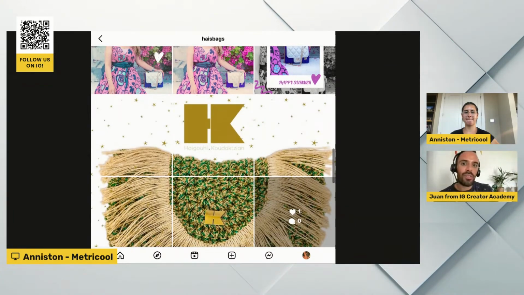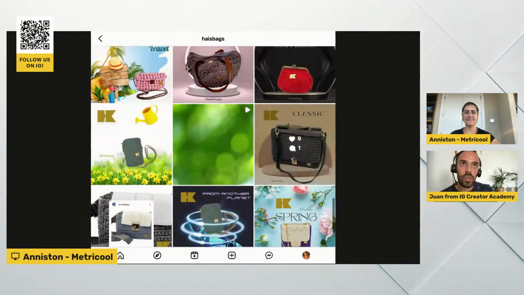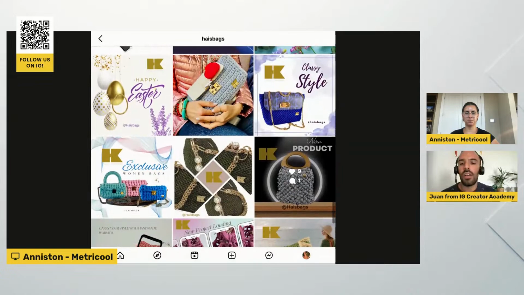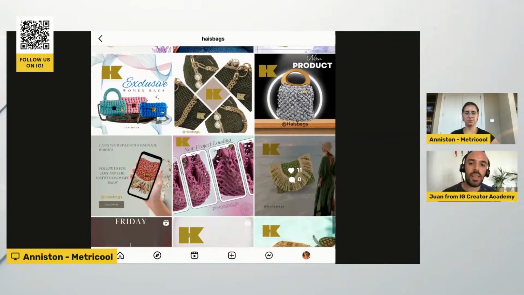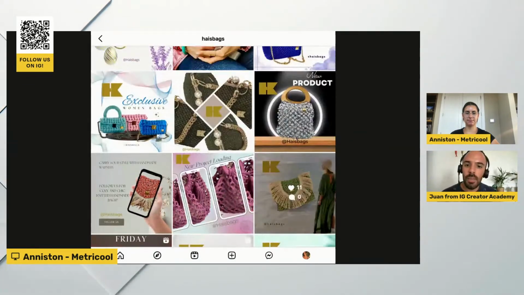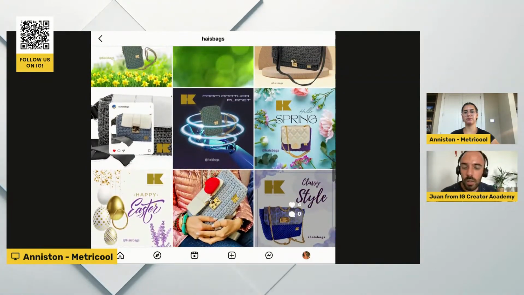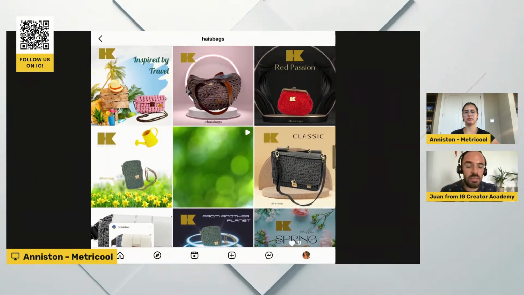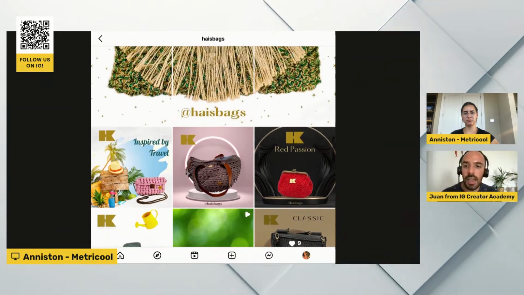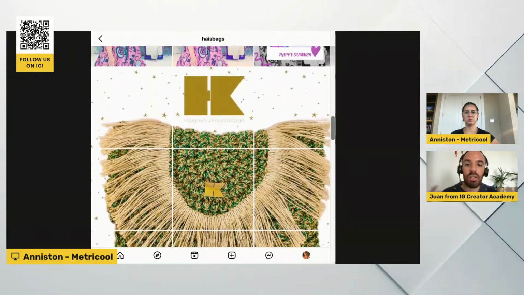And Instagram is a great place to find inspiration for that. There are so many bloggers that promote products like this all the time. So find inspiration like that, because right now, this looks, first of all, messy. It doesn't motivate me to buy anything. And it's just a lot of product, product, product, product.